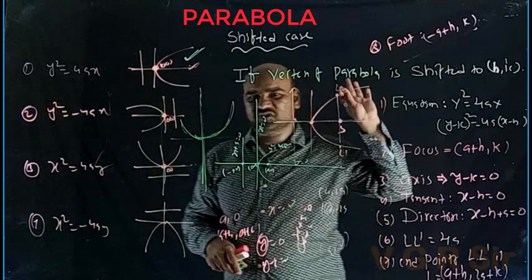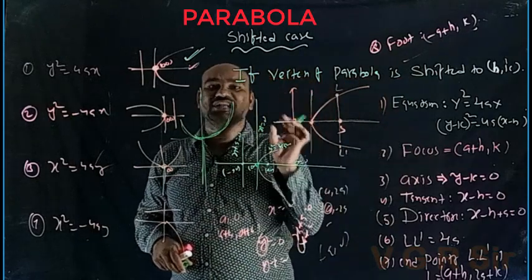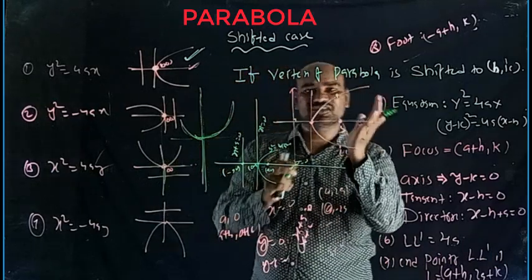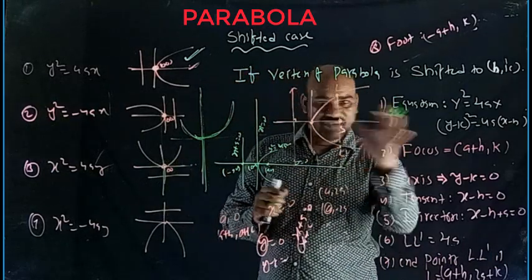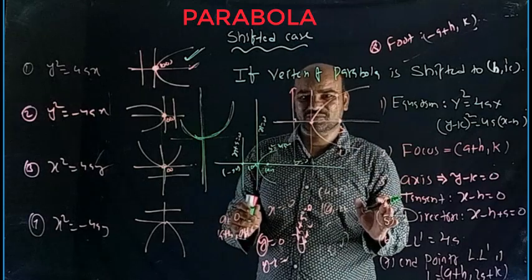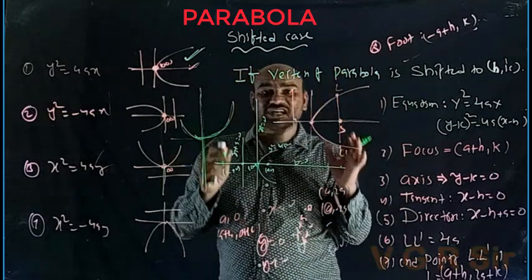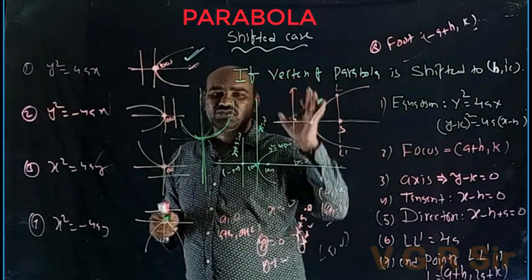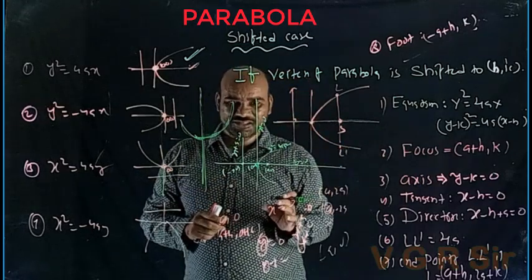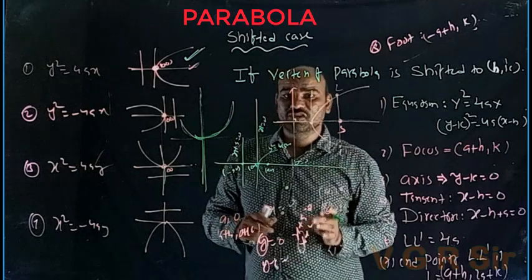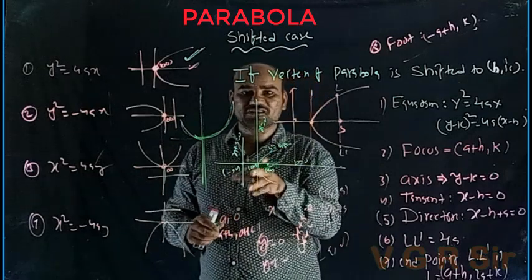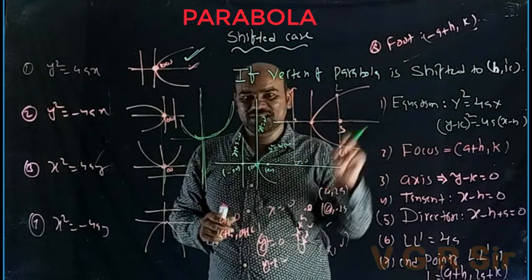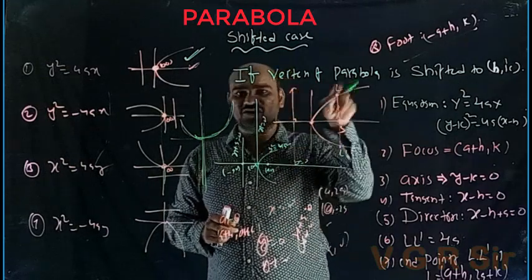One more case is there, a special case, that is called the tilted type. Tilted. Just we need rotation. We should use translation and rotation. What I use here is only the translation concept. The translation of axes concept is what? Just shifting the origin from one place to another place without changing the direction of the coordinate axes. Rotation means what? Without changing the position of the origin, we just rotate both the coordinate axes through an angle. Translation and rotation both will happen.